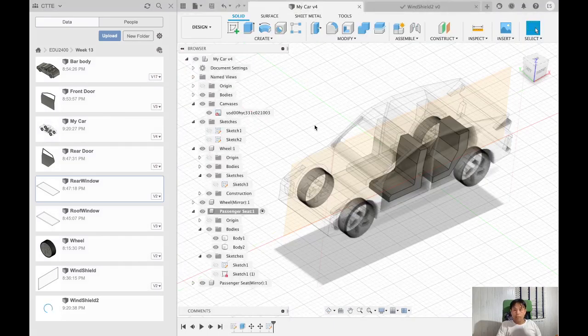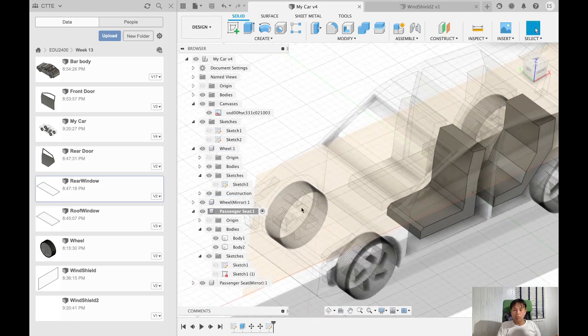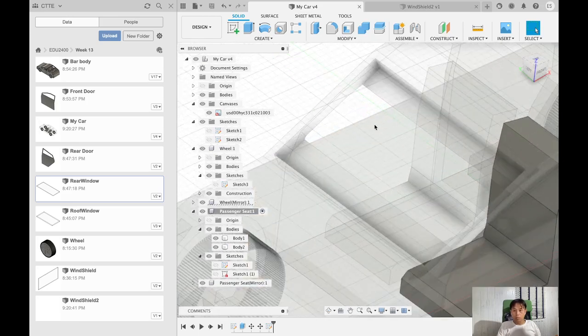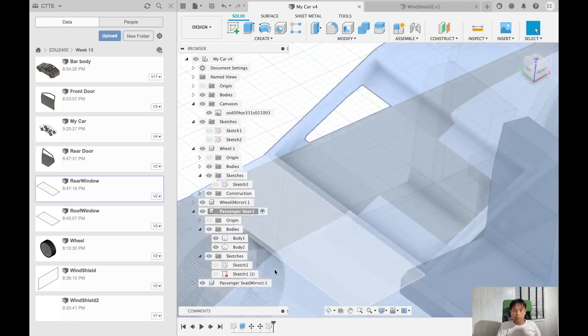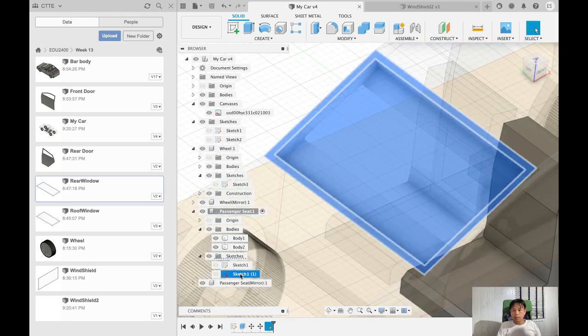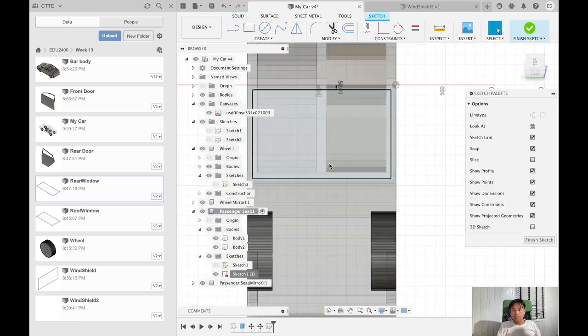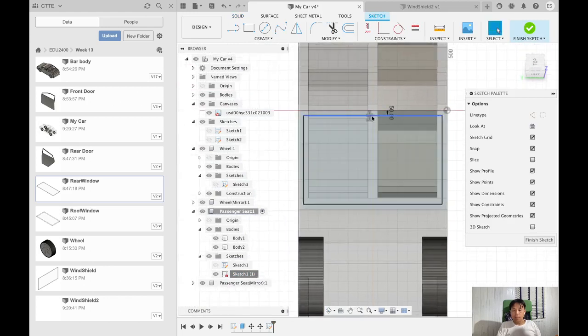Okay, and then you can go back to your sketch, your original canvas, and then you also need to find the sketch you designed for your front window shield. So let me find the sketch. So yeah, this one. So I created the sketch. So you can go edit sketch, and you can find the sketch, and then select, double click, and then